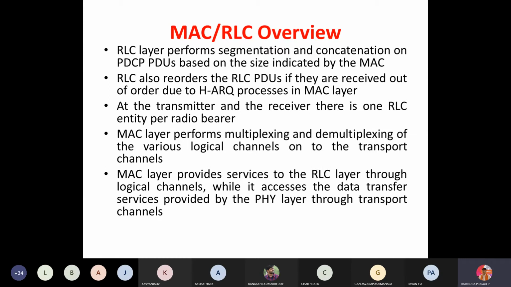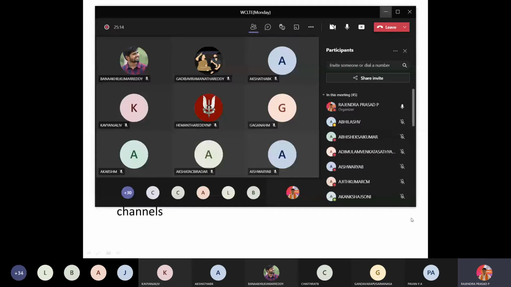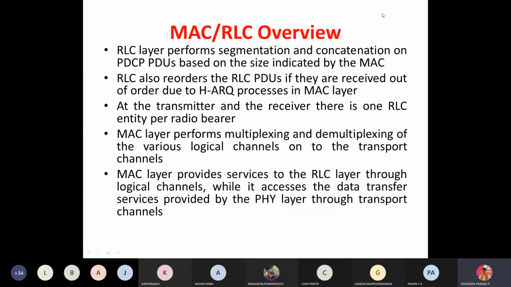Now the next concept is the MAC and RLC overview, medium access control and radio link control. Earlier we were trying to know only how your hardware device will be connected. Now the next part is segmenting at the data link layer.